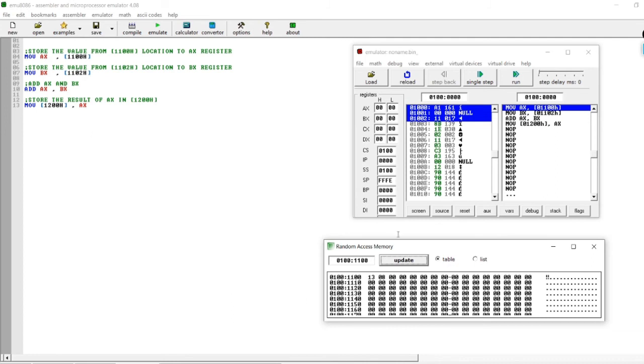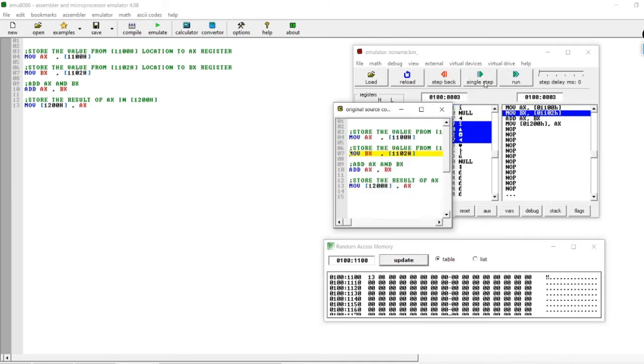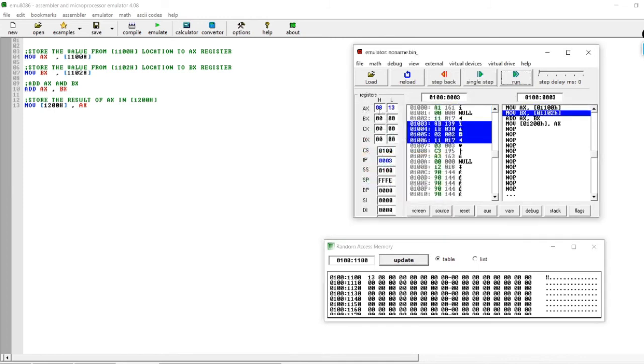Now if I run the single step, notice this value in AX. I can see the value that I gave here is stored in our AX register. So this instruction stores the value which we have set in this location inside our AX register.